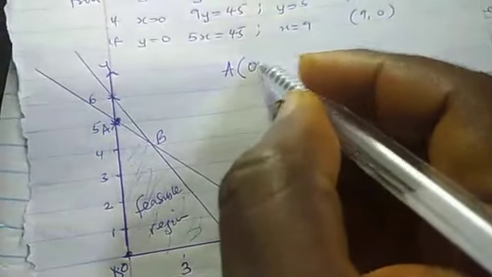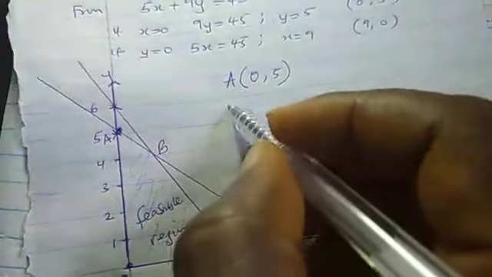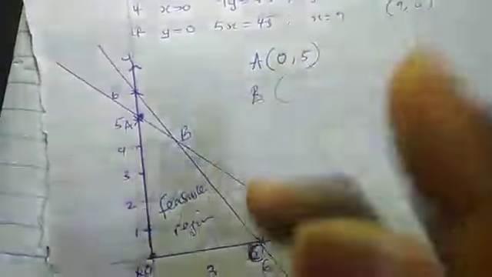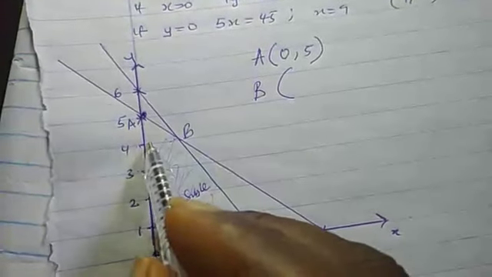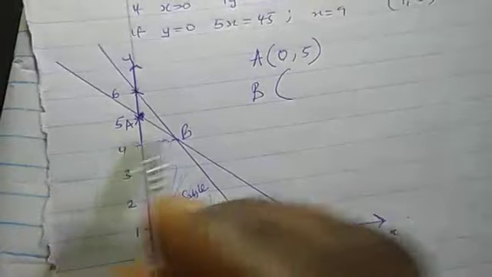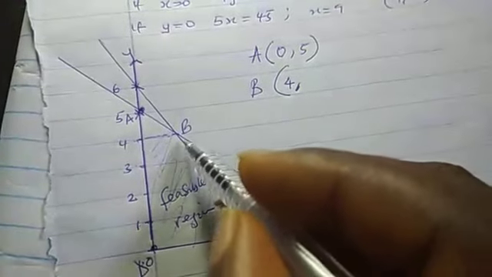So for point A here, you can see that y is there and it's on a straight line. I will write it as 0, 5. That is, x is 0 there, y is 5. But for point B, how do we know point B? We need to trace our B to this place. When I trace it, you see that y is approximately 4. It is approximate; we can't get the actual value.